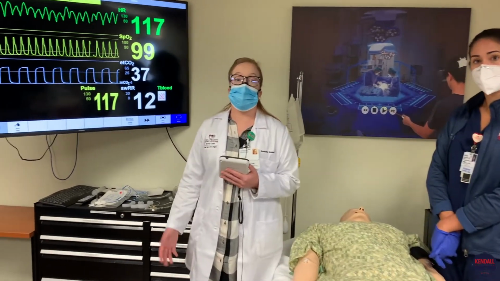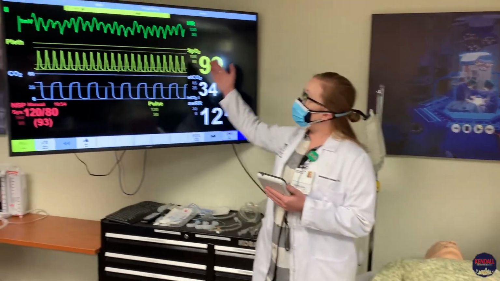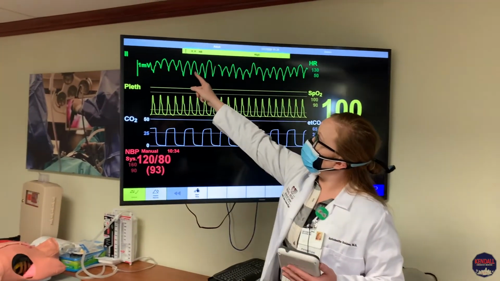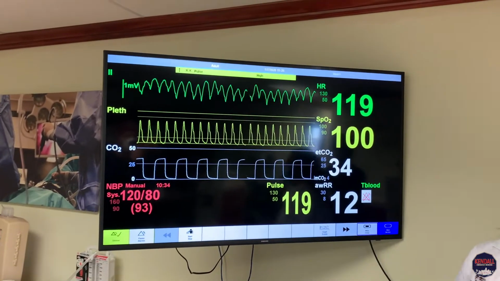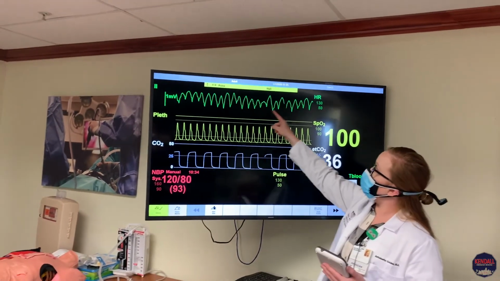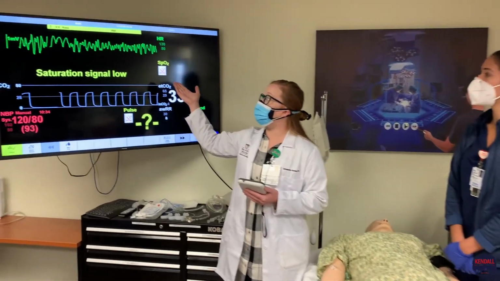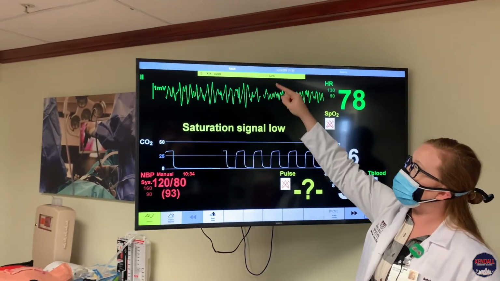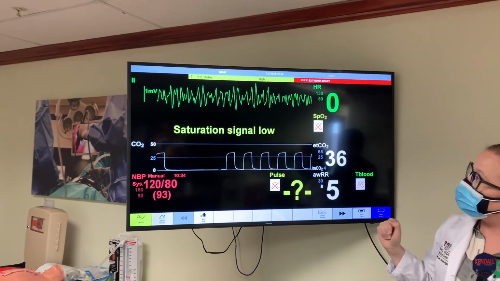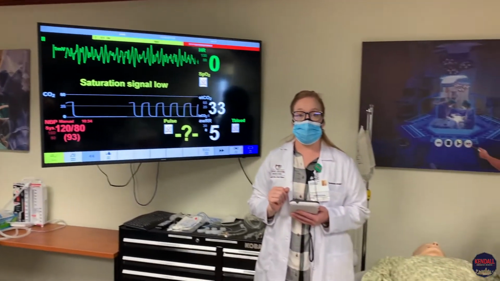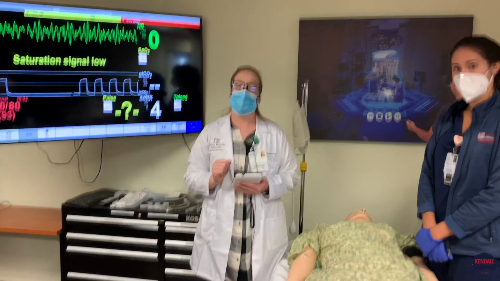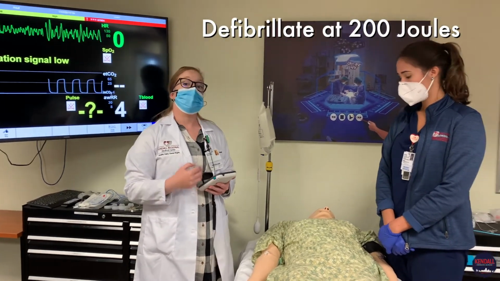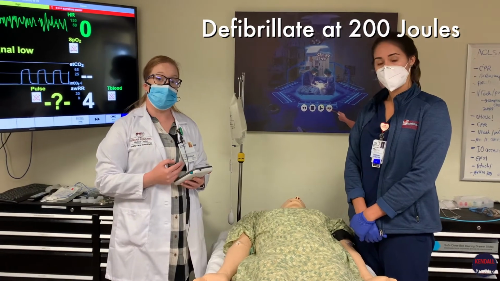Before, we showed sinus tachycardia on the monitor. Here, we have ventricular tachycardia. It's a wide rhythm that is polymorphic, meaning it's different shapes along the monitor. Here we have VFib. VFib is more coarse, isn't as well defined, and doesn't have that mountain-like appearance. Both of these, ventricular tachycardia and ventricular fibrillation, we use the defibrillator. We would charge to 200 joules and deliver those joules to the patient in hopes that we can cardiovert them